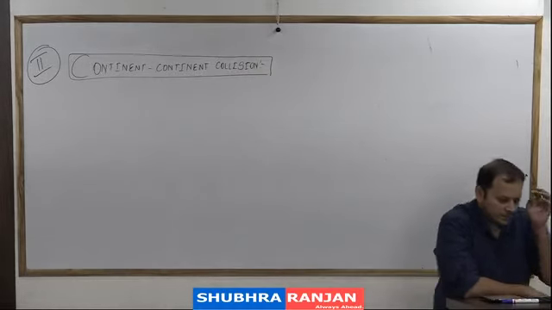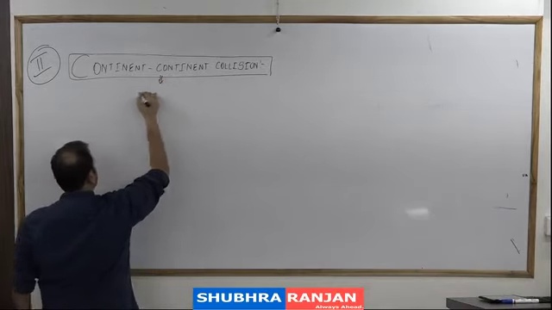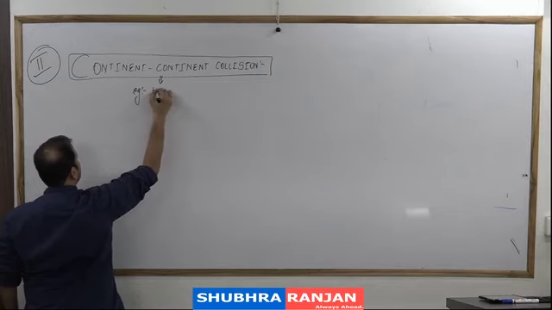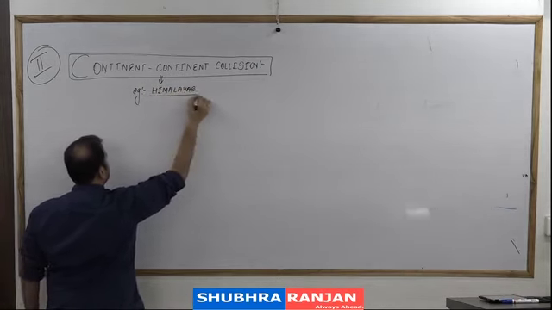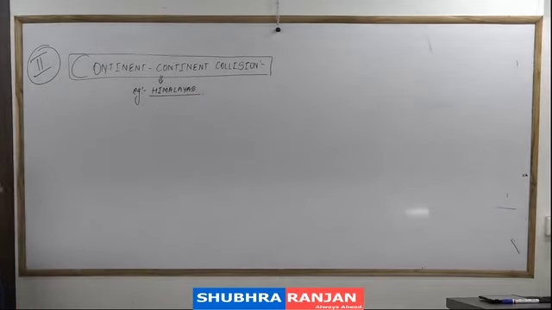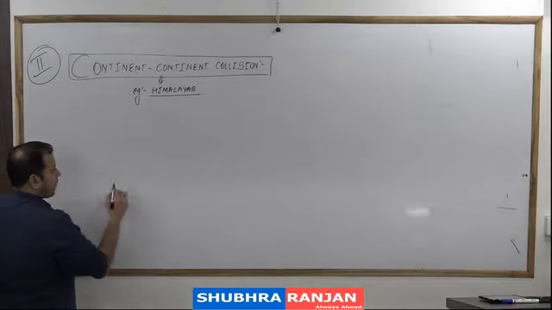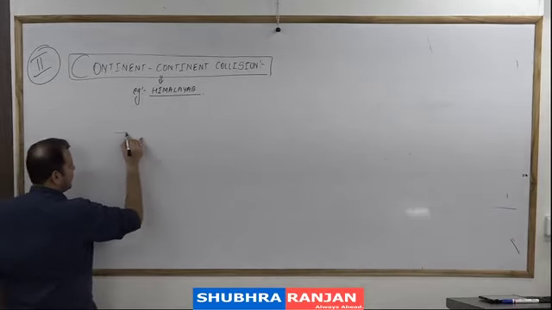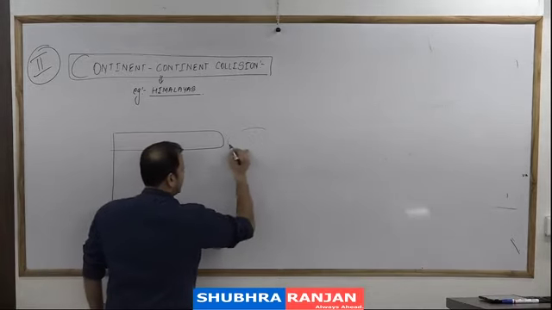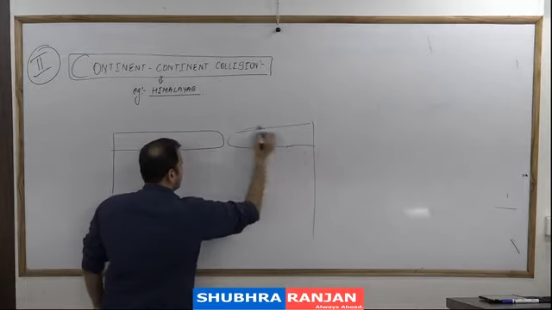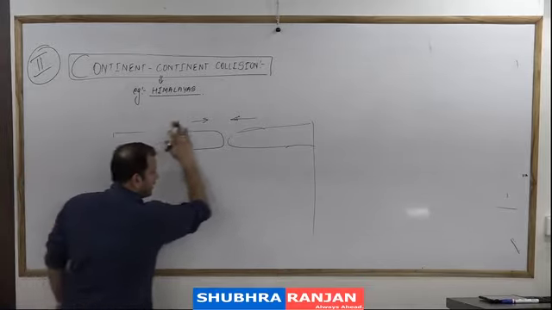Continent-continent collision. The example of this is the Himalayas. Now before we write, understand the diagram. Here both the plates are examples of a continental plate, and they are both coming near each other. So there is again a convergent plate boundary, but because both the plates are continental plates,